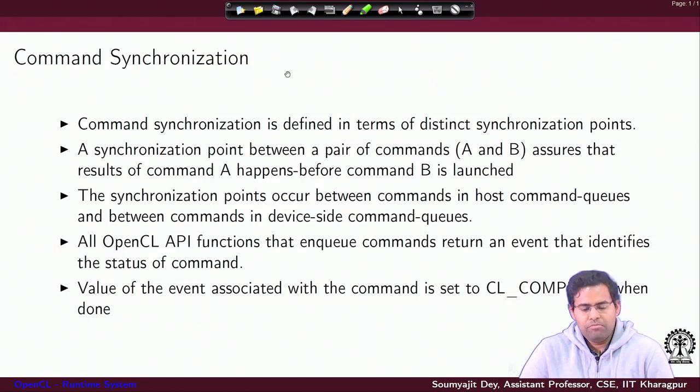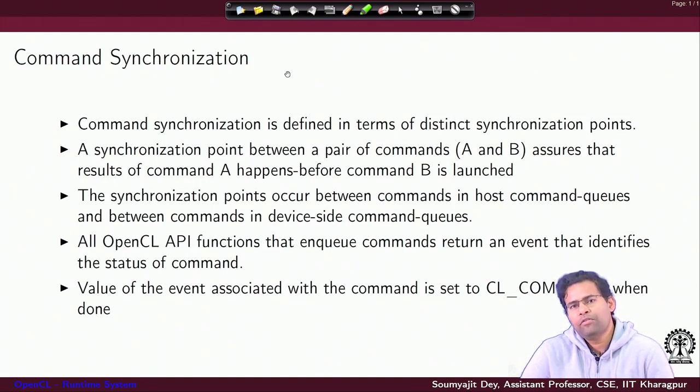Now, the next important thing: why do we use this idea of events? We will figure out that they also help us provide synchronization of commands. This can be performed in terms of distinct synchronization points. A synchronization point between a pair of commands assures that results of command A happen before command B is launched.